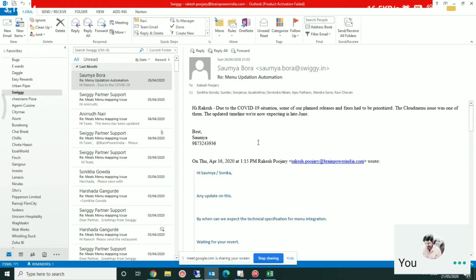Yes. The 2 to 3 days I'm saying is the buffer time I'm considering, because from past experience we have noticed that whether it is a small menu or a big menu, they take at least 2 to 3 days. But if we have the direct contact of the POCs and we insist and request them, then they might give us the solution on Monday also if the menu is small. If it is a big menu, then obviously they will take time.